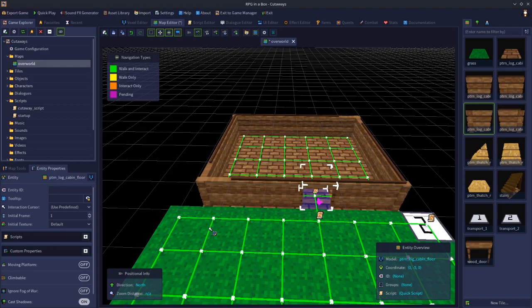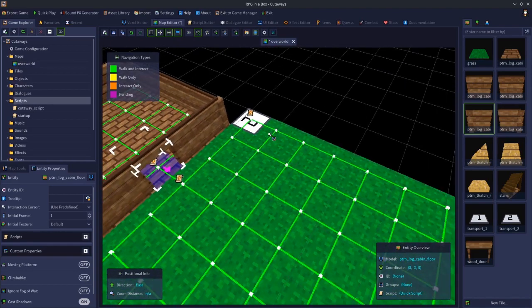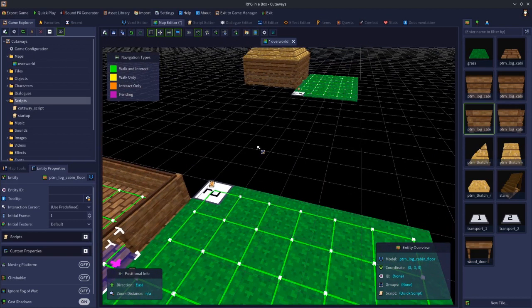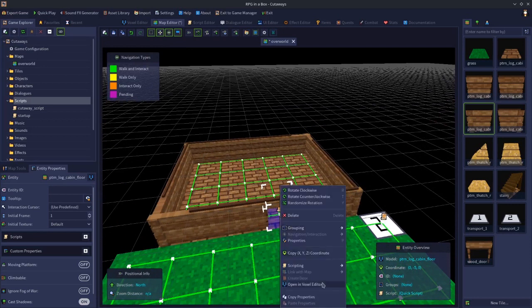But also, what if you enter the building facing a different direction? What if the camera is facing this way when you enter the building? Then you don't want this wall to disappear. You want the wall to the east to disappear. So for that, we're going to right-click on the tile that's inside the building,